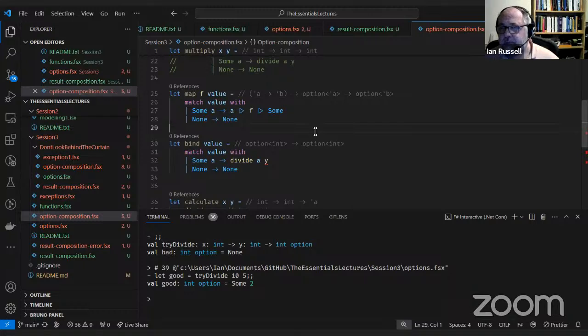So that works exactly the same way. And I need to do the same with this, but this isn't going to work in quite the same way.